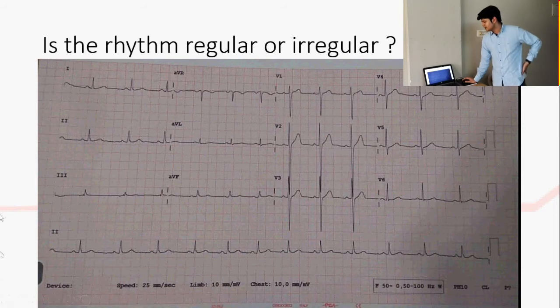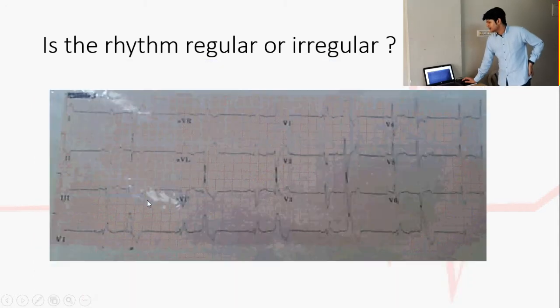Now our next step is to look for the P wave. If we look for the P wave in lead 2, it's a very clear-cut P wave you can see here, and in lead V1. Okay, so whenever the P waves are present and the rhythm is irregular, you have to look at the P wave morphology. If you compare the P wave morphology in the rhythm strip here, then next, it's almost the same morphology. Okay, so this is the ECG of sinus arrhythmia. This is a normal physiological phenomenon you can see. Fine. So now let's go for the next ECG.